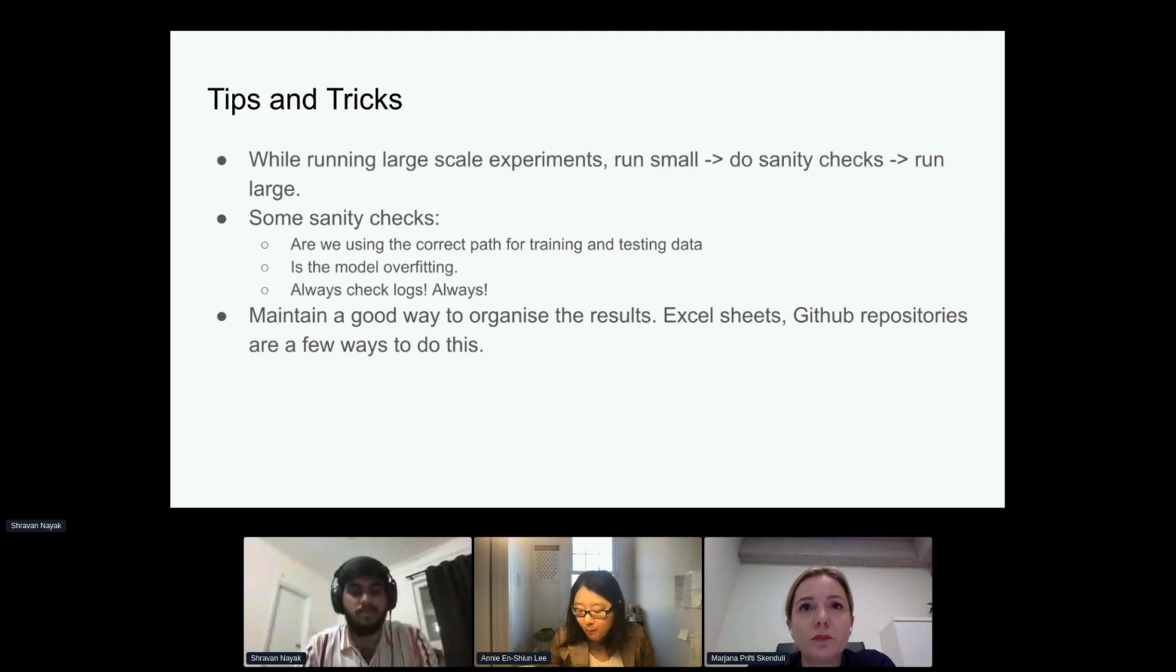So once you do this, then you can run your experiments on large scale, just schedule it. And this seems to be a very good way, and it is working for us as of now. And one last point that I want to highlight is always have a good way to organize your results,